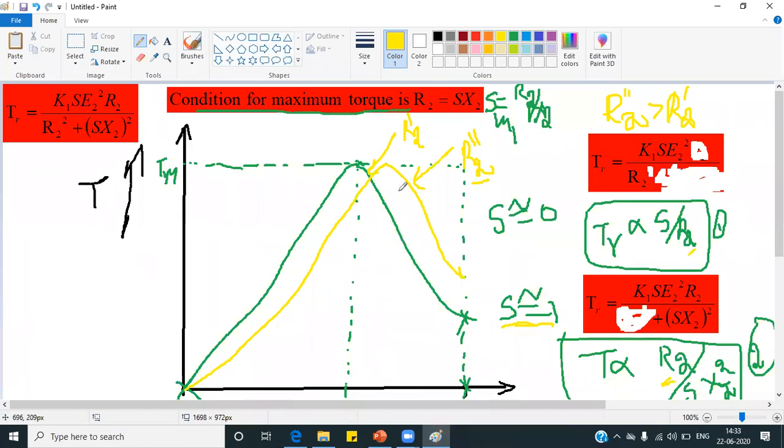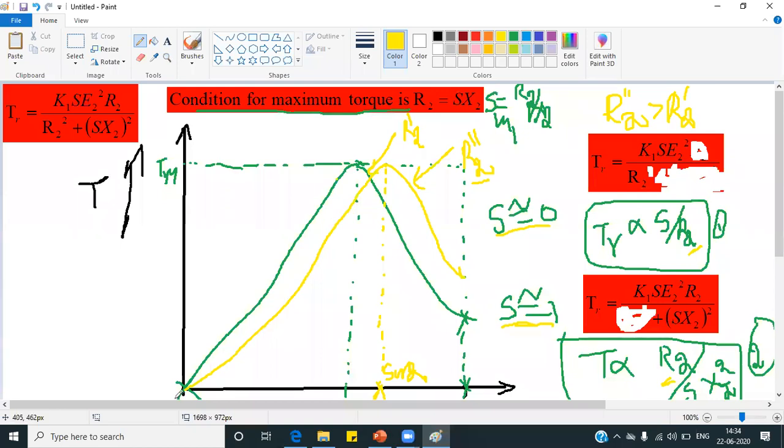That's fine, right? But what happens after this period, after reaching maximum torque? What suddenly made it shift below the green line? This is, let's say, Sm2. Now see, this is below, at lower values of slip. What is the relation between torque and rotor resistance here? It is inversely proportional now, right? Previously here R2 dash is smaller. Now R2 double dash is higher compared to this.